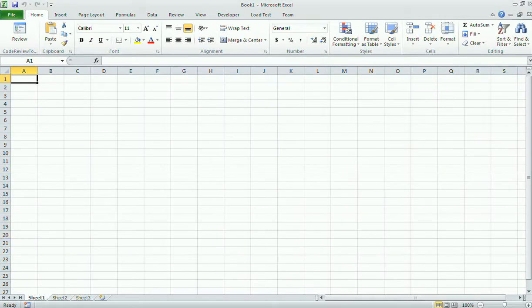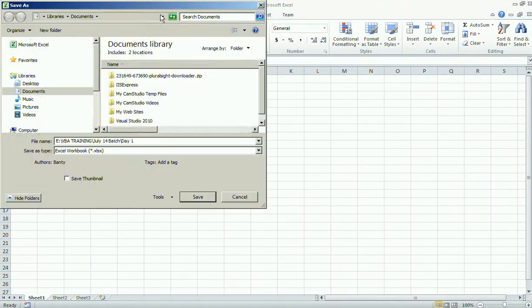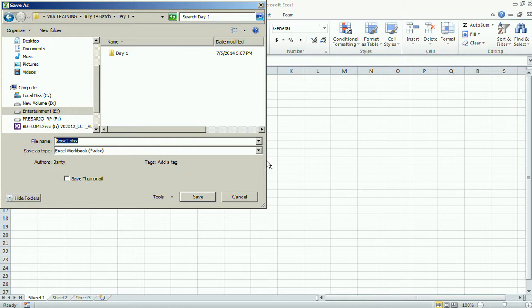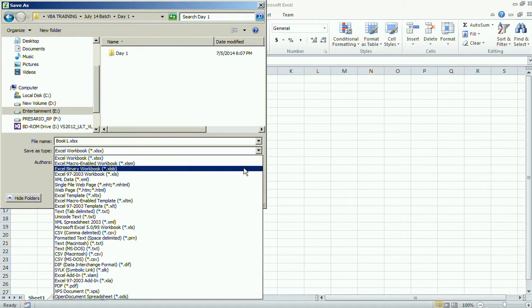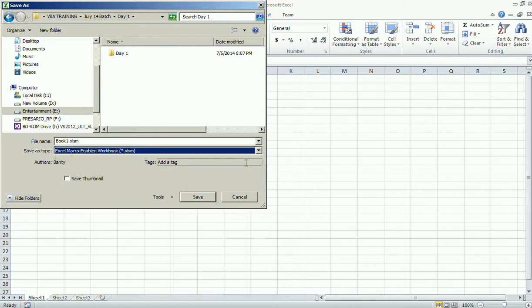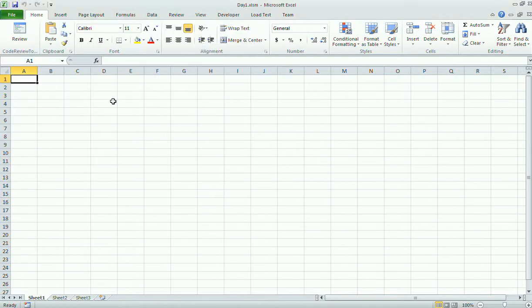So first let us save this workbook. We will save this as Excel macro enabled workbook. Any workbook which has VBA code should be saved in this format. To bring the VBA editor window, we will press Alt F11.